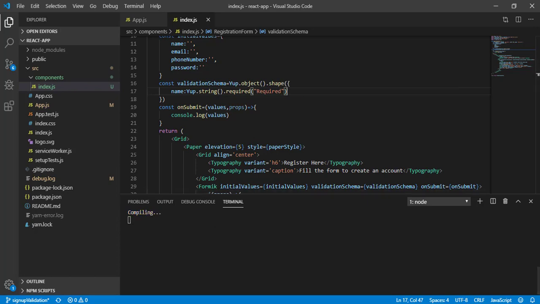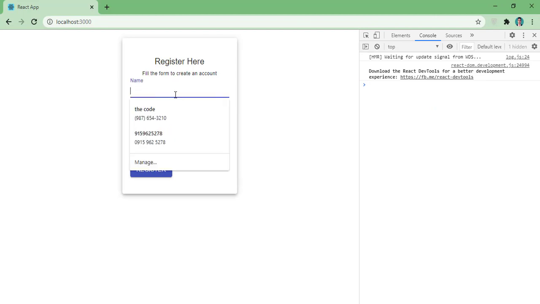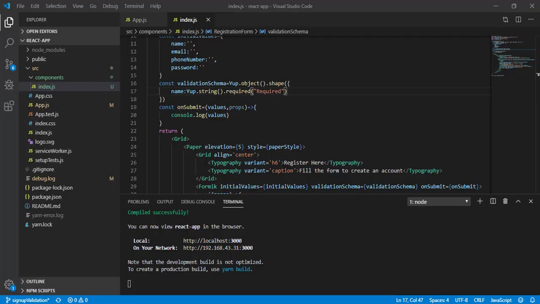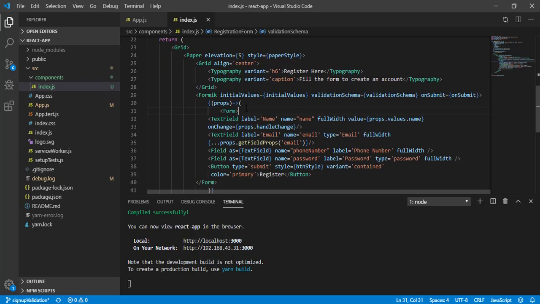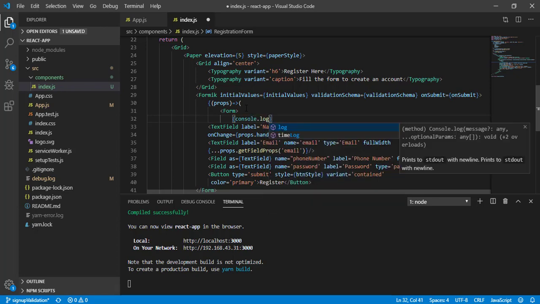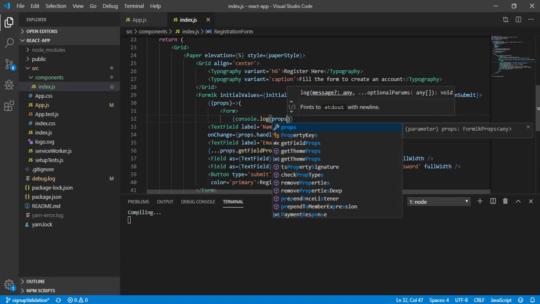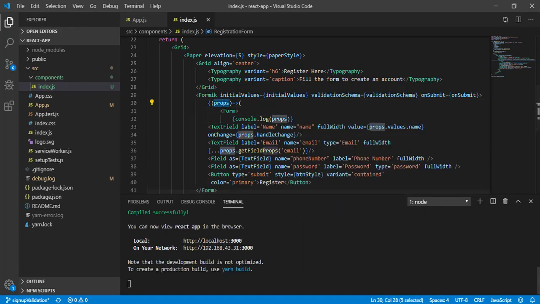Okay. So now let's come here. Let me type something here, or let me remove it right now, so you don't see anything here. Now let's come back here, and inside the form I will do one thing. I will do console.log of the props I have here, meaning the Formik props.